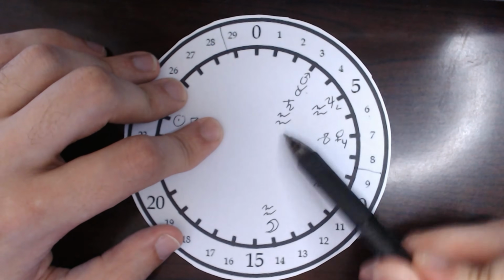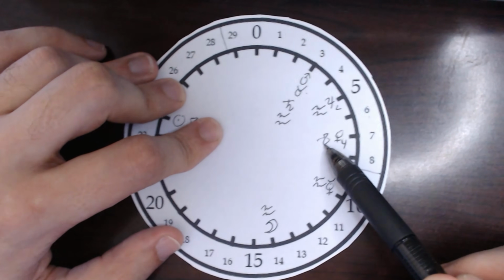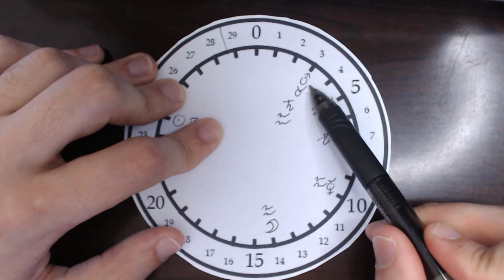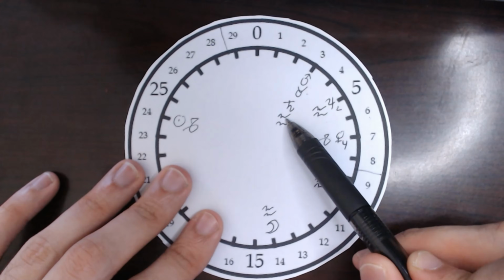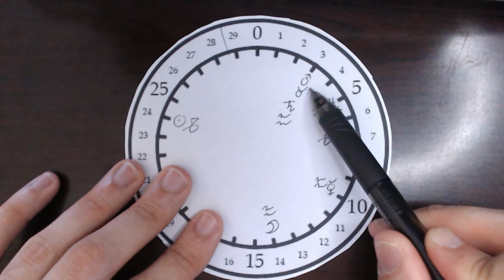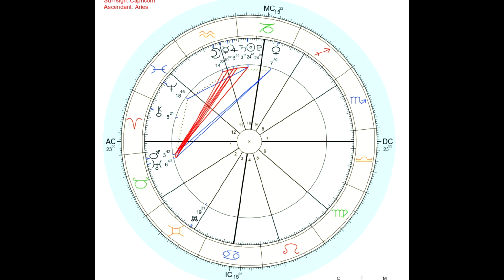Taurus and Aquarius are in square, and Taurus and Capricorn are in trine. So we would be able to tell from this that Mars is square Saturn, Mars is square Jupiter, and Mars is trine Venus. And then our final method of identifying aspects in natal charts would just be the eyeball method,